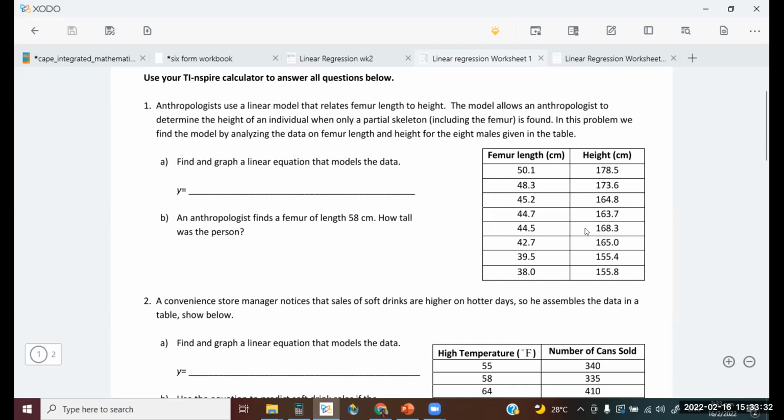Can't change our height, right? Typically, height in this case is going to be on the x-axis. So right here now,